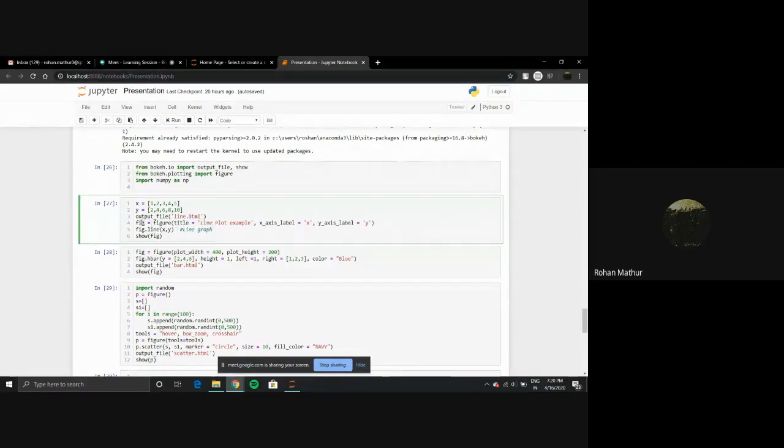Line number 4 is the basic syntax for making a Bokeh plot. So figure, and title equals line plot, x-axis label is x, y-axis label is y, and this is a simple line graph. I'll just run this now.